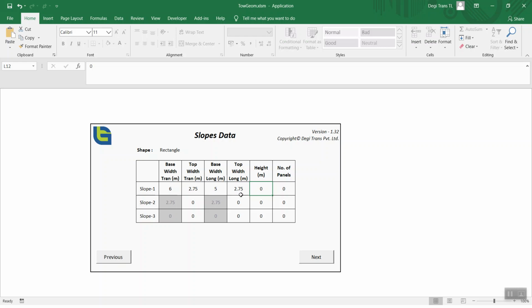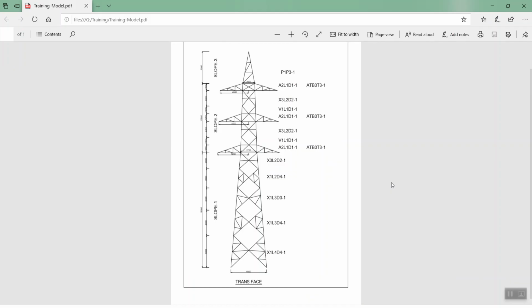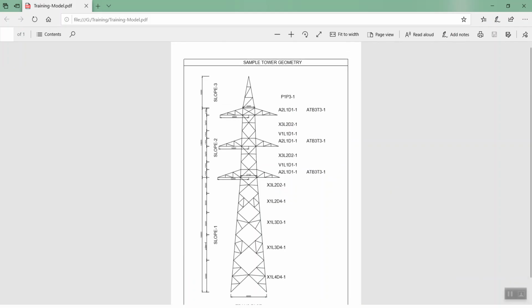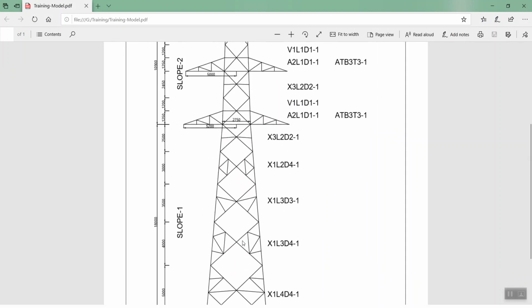I'll also specify the height of the slope as 18 meters and the number of panels as 5, which is the same as in our tower geometry. Let me go to the geometry once again. This is how our geometry looks, which has an 18-meter slope height, 6-meter base width and 2.75 meter top width. Let me switch to the TowJom input module again.